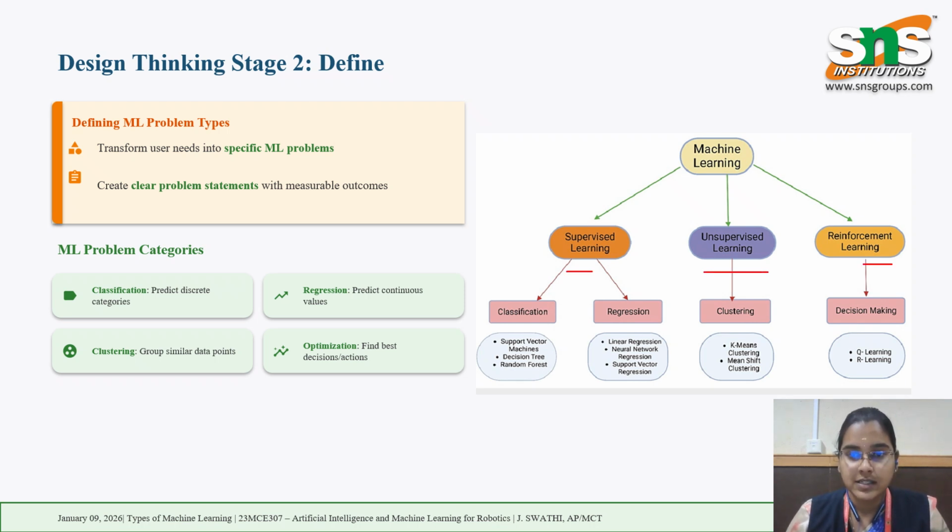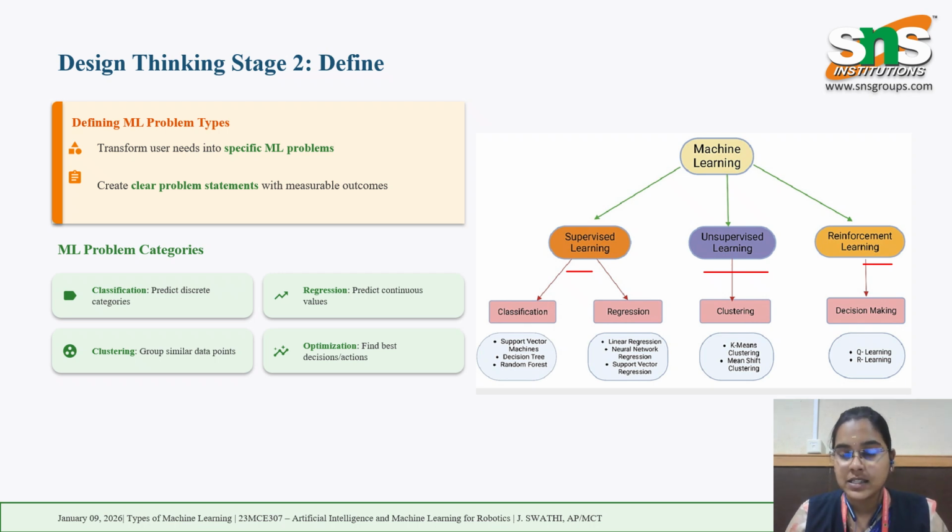Coming to supervised learning, we still have two main categories, one for classification and one for regression. Classification supporting algorithms are support vector machine, decision tree, and random forest. Classification is nothing but categorizing products or items. And next is regression. Regression is also a type of classification, but we use it for continuous values of data.